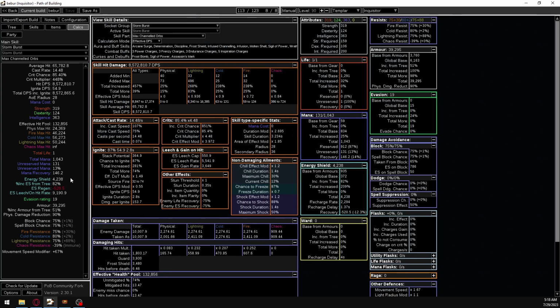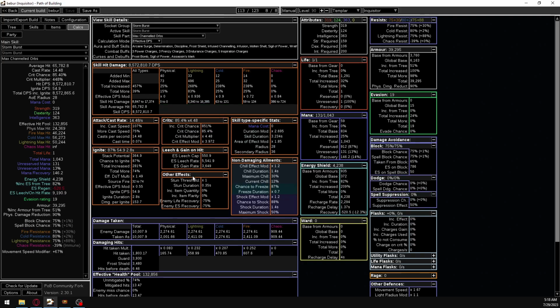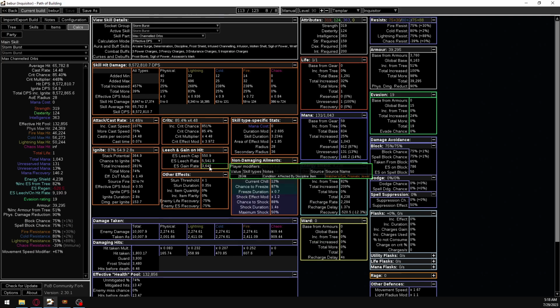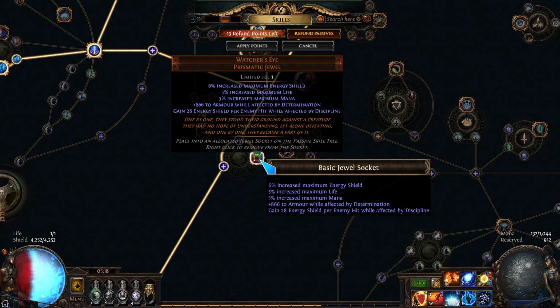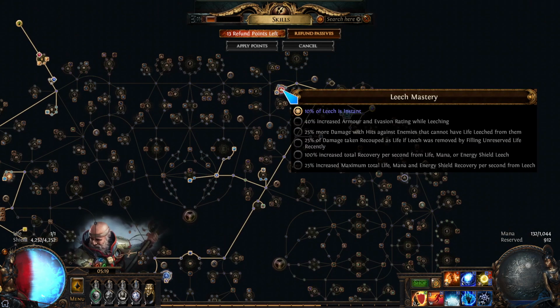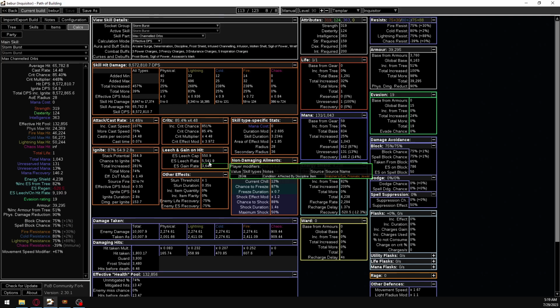If you look here, this is my ES leech rate. This is my life on hit from instant leech, and I also have a Watcher's Eye with the discipline ES on hit mod. I just bought this because I'm on standard, just experimenting. It would be really expensive with the armor mod especially, but you don't even really need this because the ES on hit just from this instant leech node is already super good. But this just makes it even more insane. So 3k from that, and then over 5k